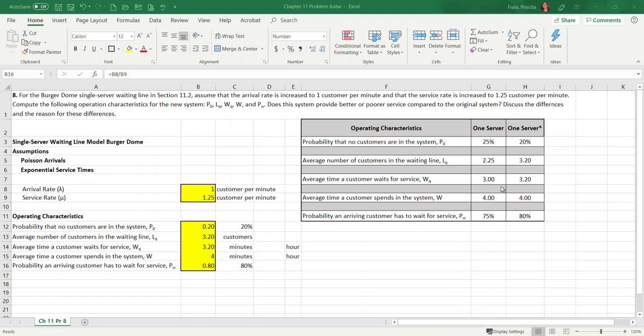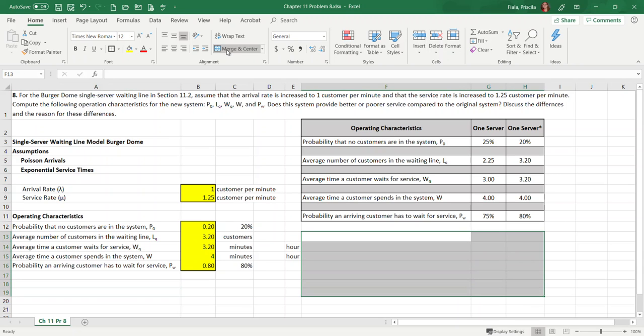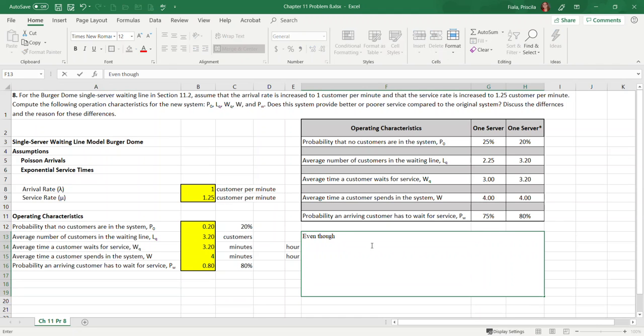The average wait time might be the same, but there's a probability of waiting, and the number of waiting increases with the new system. So how would you put this in words? So let me just do a little table right here so we can see that even though the service rate, which is mu, right, is increased to 1.25,